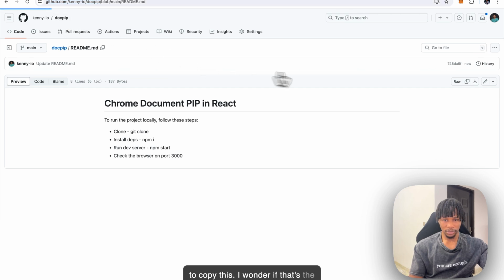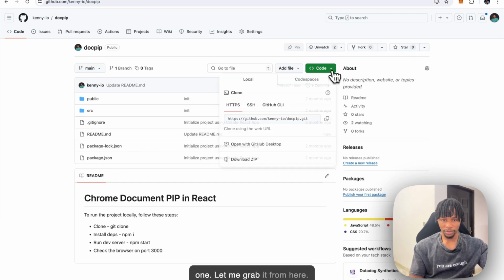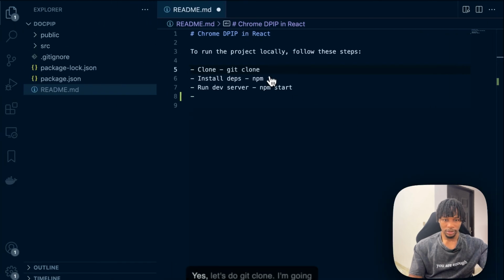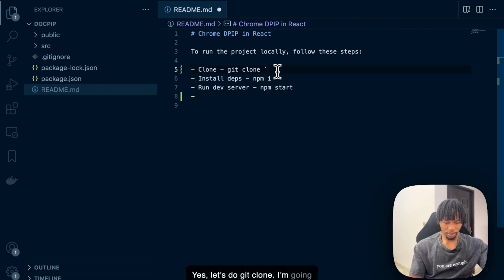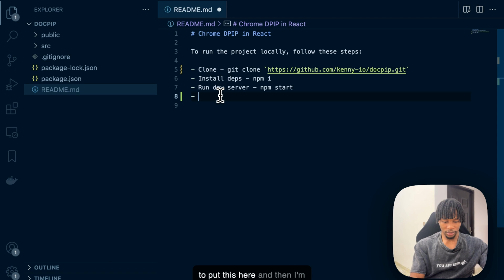I wonder if that's the one. Let me grab it from here. Yes, so let's do git clone. I'm going to put this here. And then I'm going to do check the browser